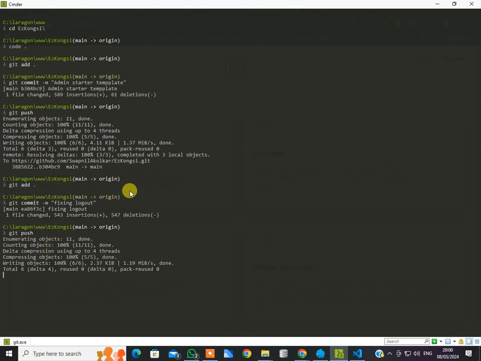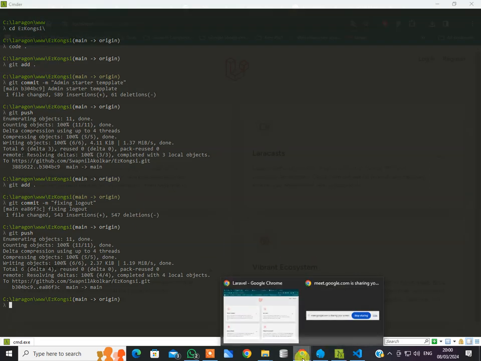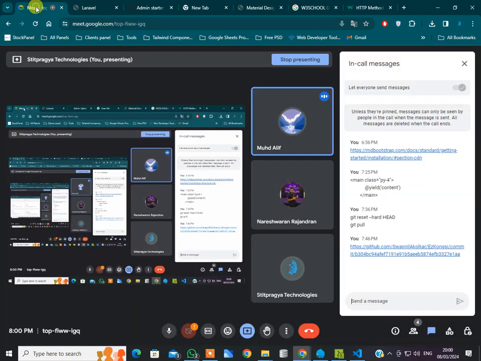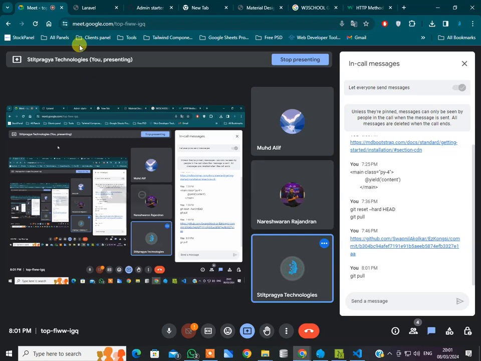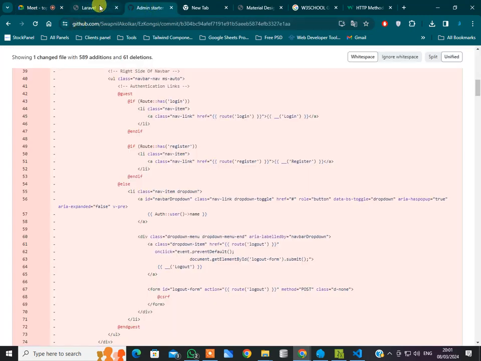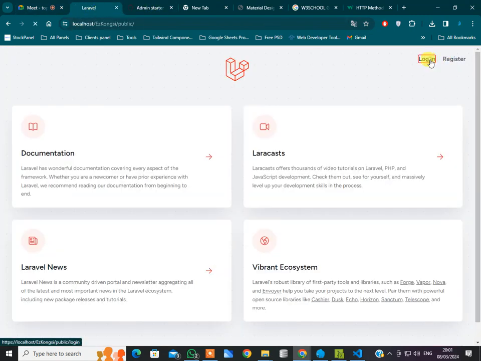Wait. Now you have to do one thing. You just have to fire one command. Git pull. Just fire the one command. Git pull. And now check. You will have this thing properly here. Once you log in,